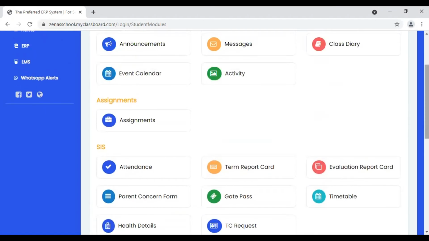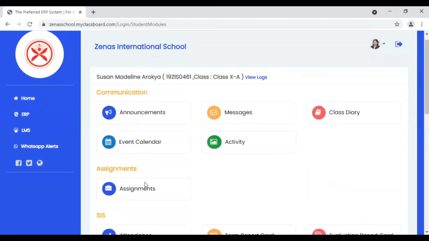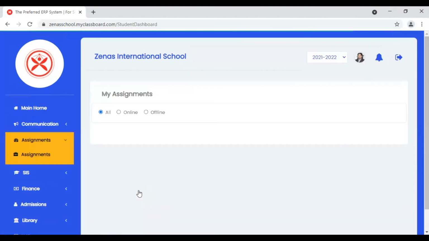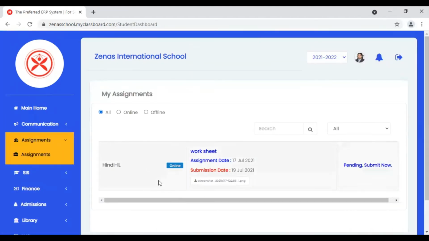Here the most important thing is assignments. From tomorrow we have exams, and the teachers are going to post the question paper through assignments. So, children, you have to open assignments, where you can see all the assignments posted by the teacher, including online assignments that you can submit.